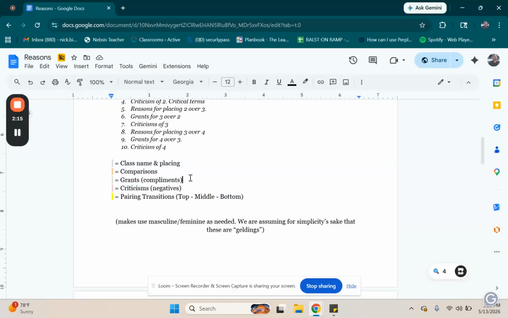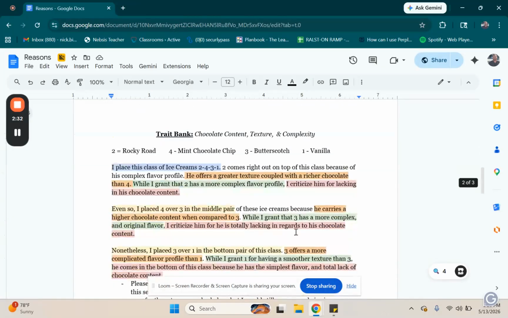Okay, grants. You can take this as more of a compliment. We don't really want to trash talk these animals completely; we usually like to compliment in some aspect. Usually this will come right after comparison and before a criticism. To show you where you might find that,